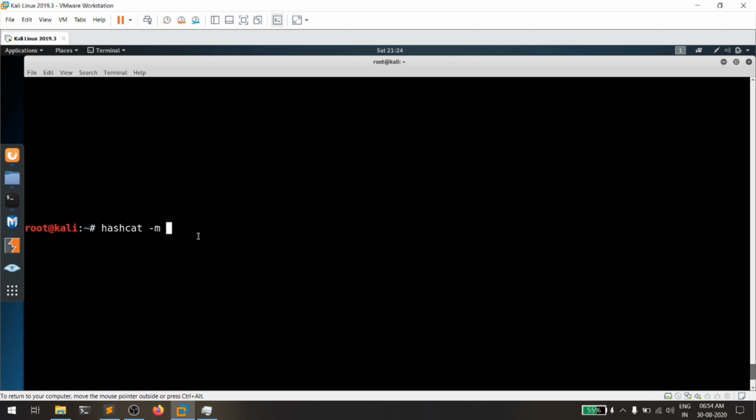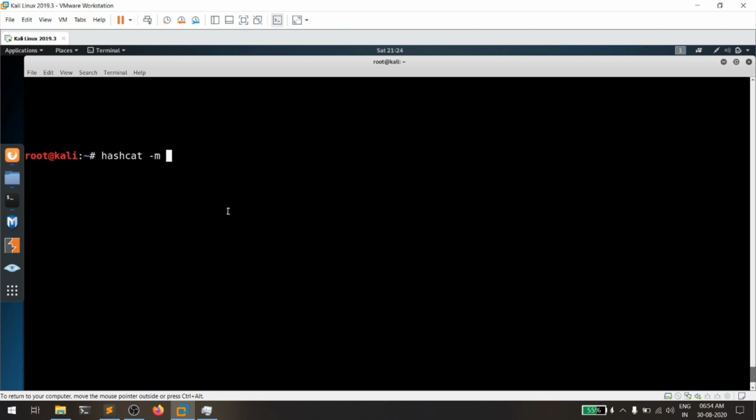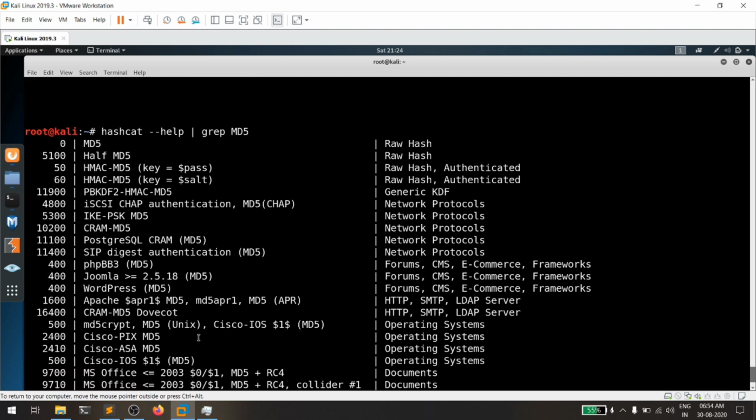And since we had seen, let's search for this, where we'll find MD5, and we got a bunch of them, and this is the raw one, MD5. We need to use 0 over here.